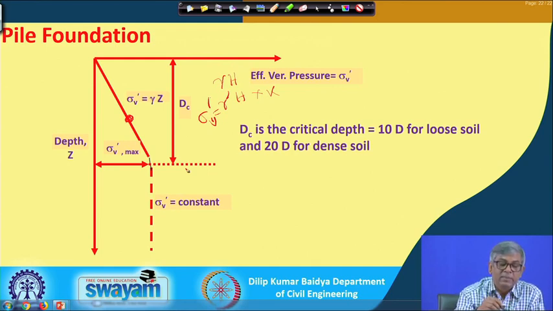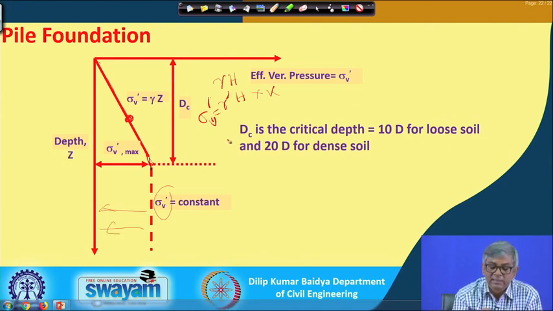We do not know the lateral pressure directly, we know only the vertical pressure. So, if I restrict the vertical pressure, then automatically I can restrict the horizontal pressure, because the lateral earth pressure coefficient is constant. As discussed in the previous slide, the vertical pressure increases linearly up to some depth, called the critical depth, and beyond it is taken as constant, that is sigma v dash. Whatever value you get at this depth, you keep it the same everywhere.